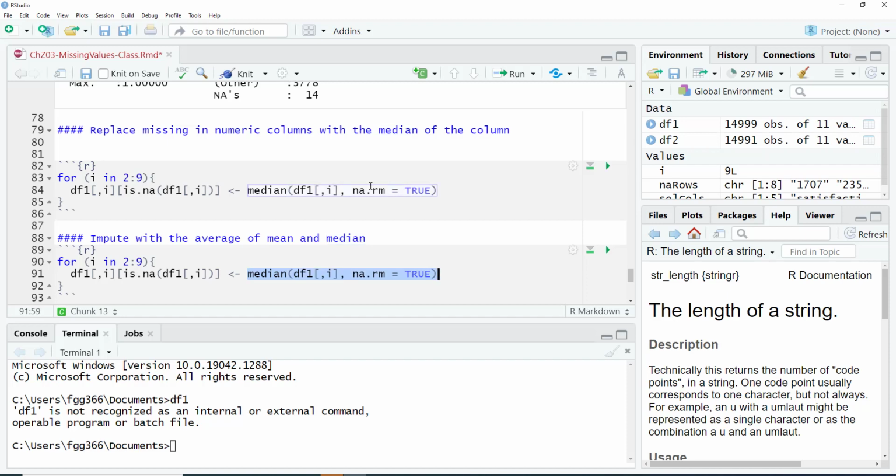So what we can do is use sapply, the looping method that we looked at previously. Now we don't have to check whether it is missing or not, because we're going to do that in the function.